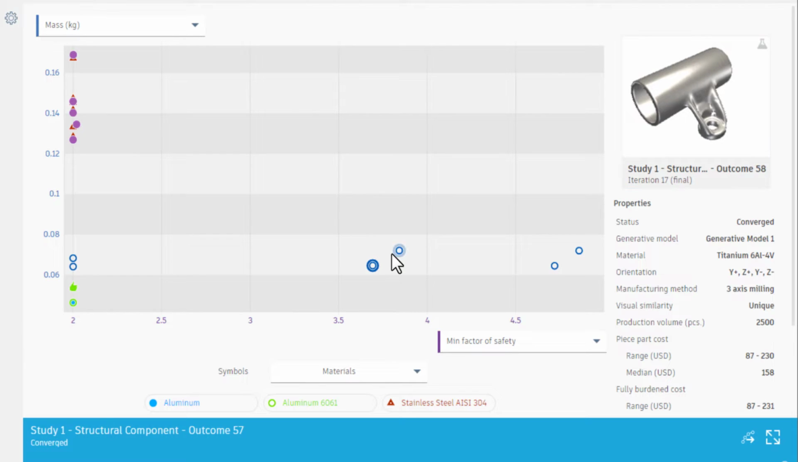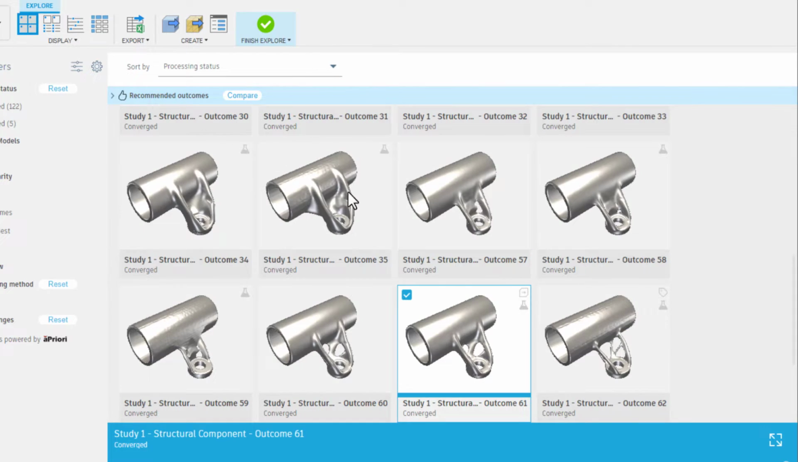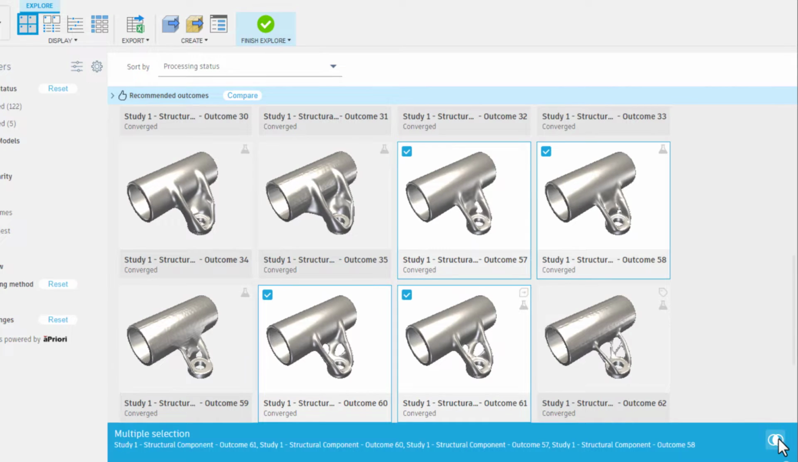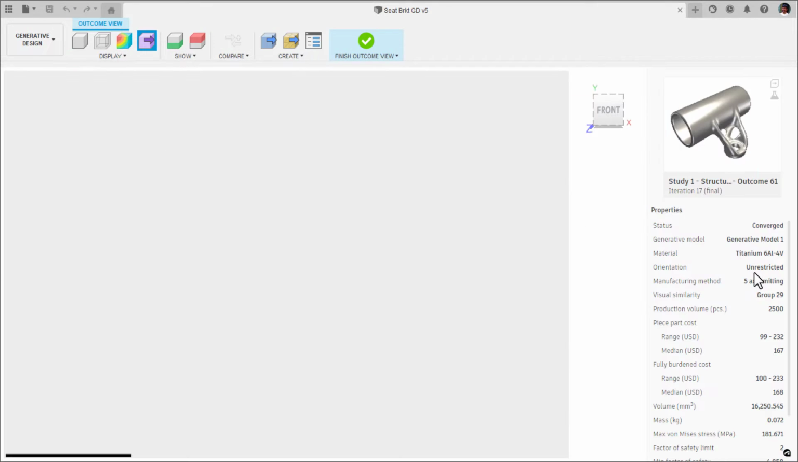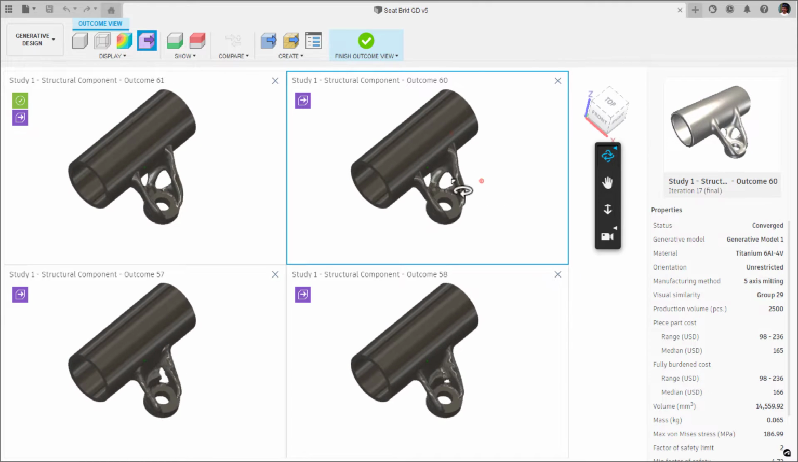So let's see what are these outcomes. So outcome number 58 and 57, 60, 61. So these are the outcomes that I'm interested in. I'm gonna go to thumbnail view and select 61, 60, 57, 58. If you click here, it will bring all those 4 to this view so that you can compare the results better. So it brought all those models to this workspace,